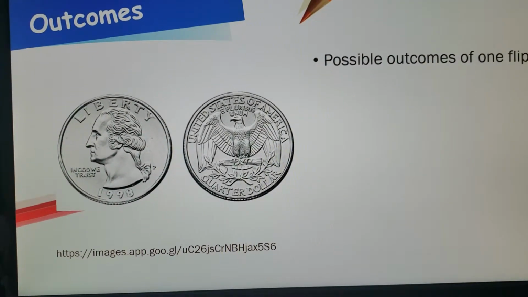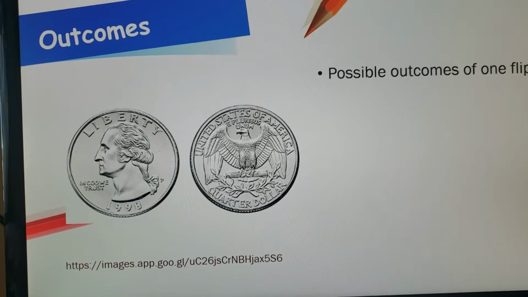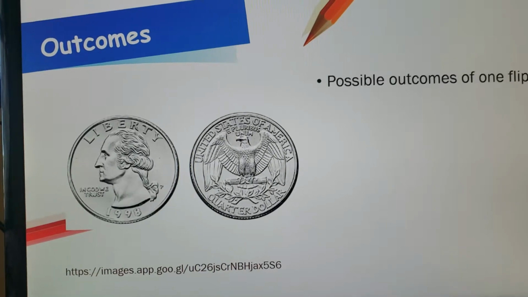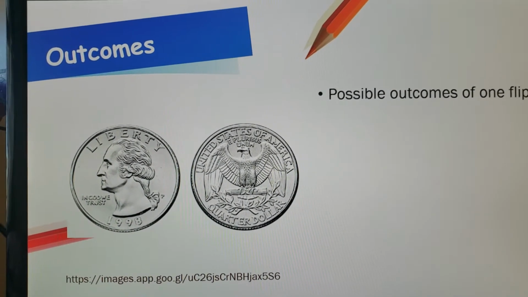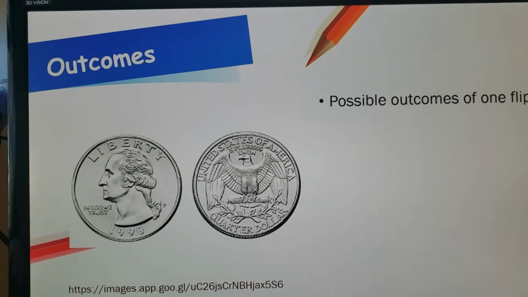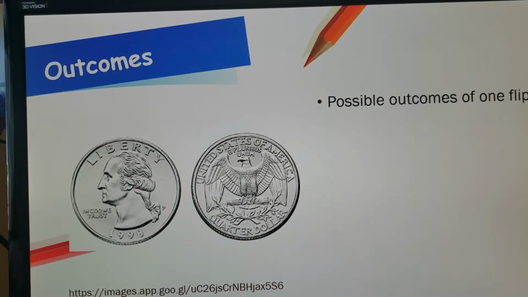There are two sides to a quarter, heads and tails. So if we flip a quarter once, there's two possible outcomes, heads or tails. Here's a math problem. Let's say we want to find the probability of the quarter landing heads when flipped once. The equation to solve the problem would be the probability of the event,